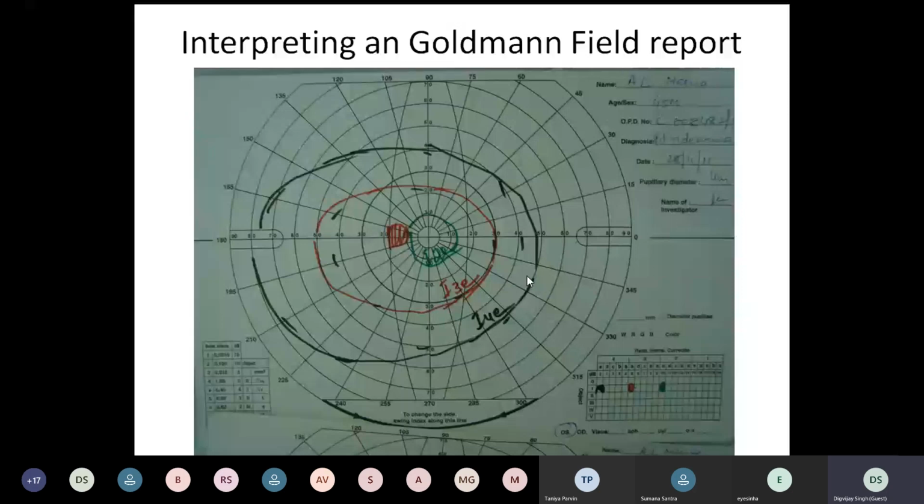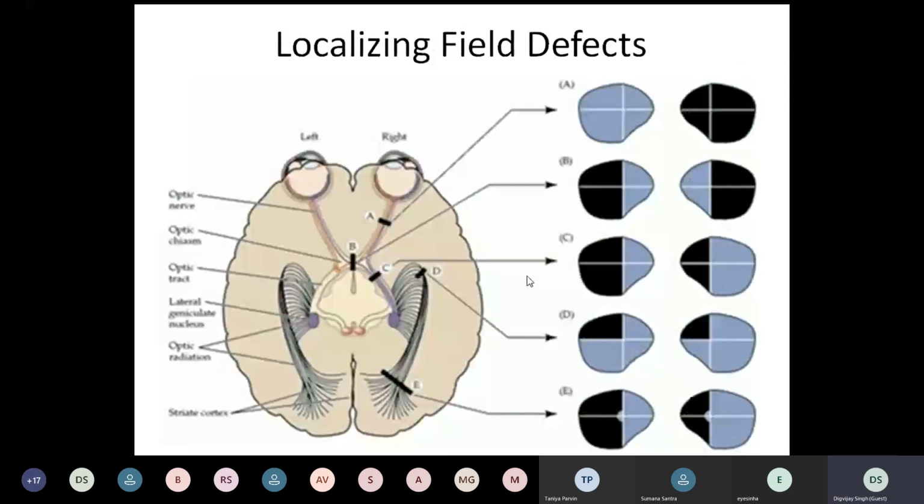So now let's come to the neuro-ophthalmology point of view. Now we know how these fields are done and how we interpret these fields. The good thing about neuro-ophthalmic fields is that you can localize the defects very logically, because we know our neuroanatomy very well. So you have both the eyes in front, the optic nerves which are coming from them, crossing over at the chiasma, then they become the optic tracts, then the optic radiations, which go through the parietal and the temporal lobe in the form of Meyer's loop, and they go to the occiput at the end of the occipital lobe.